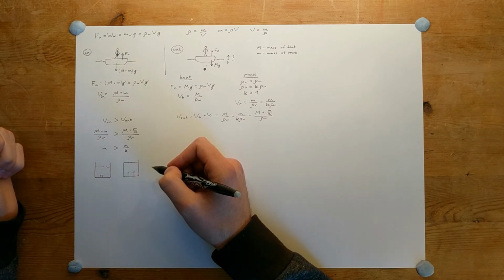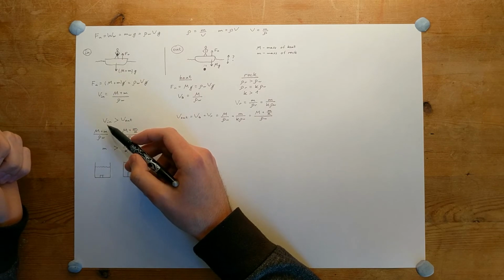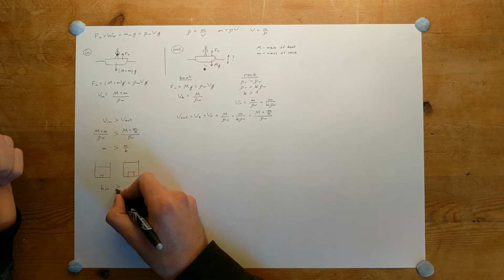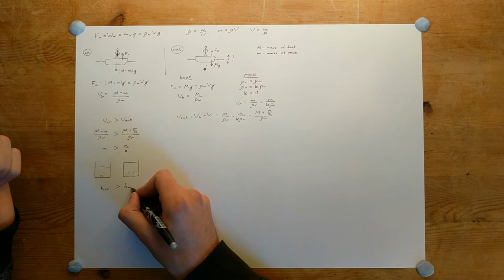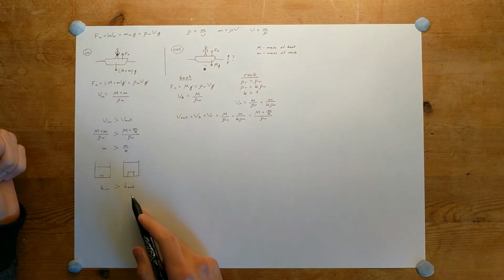This means if the volume of water displaced is larger, then the level of water is larger. Therefore the height of the water when the rock is inside is greater than the height of the water